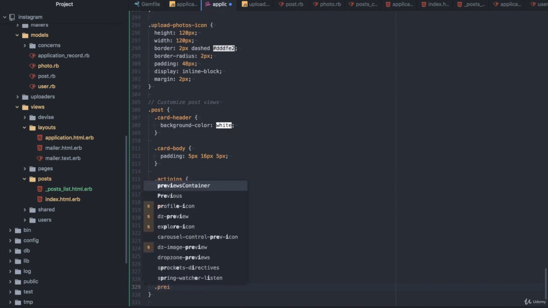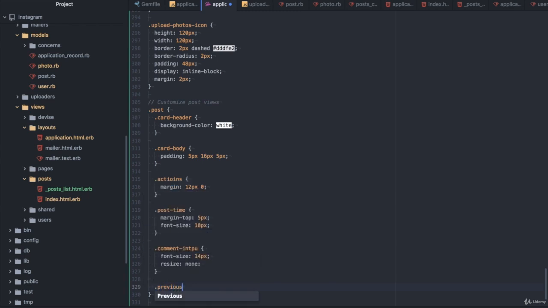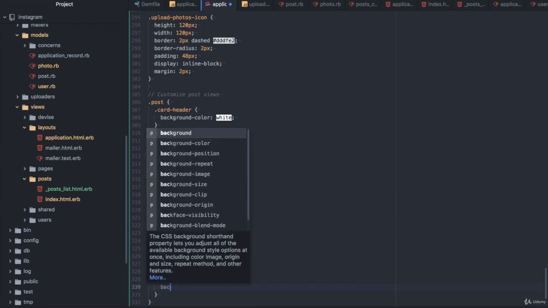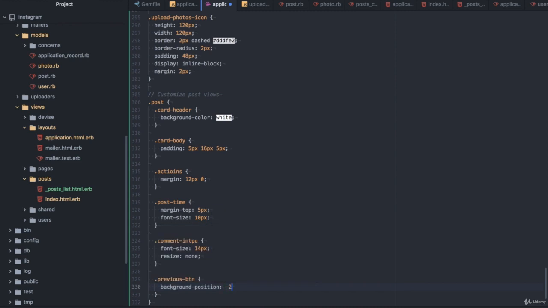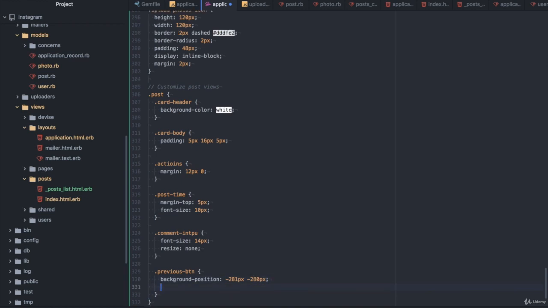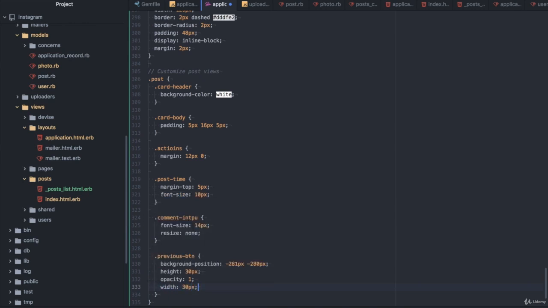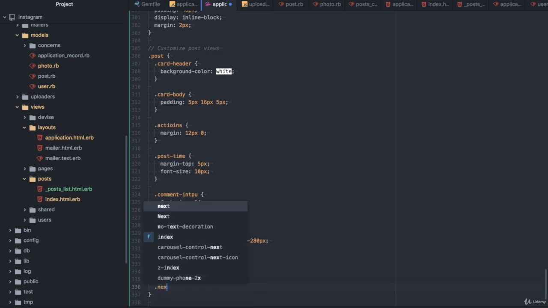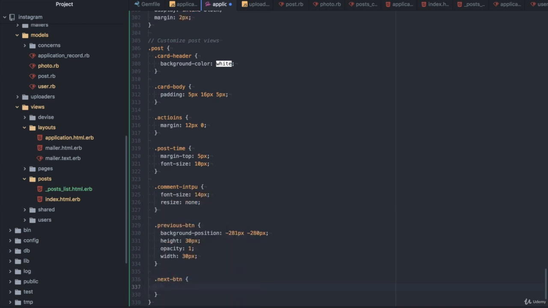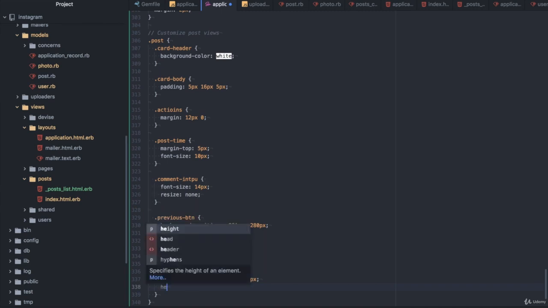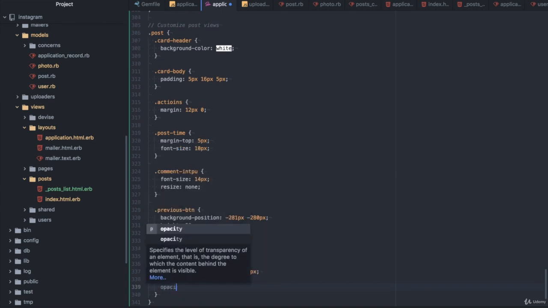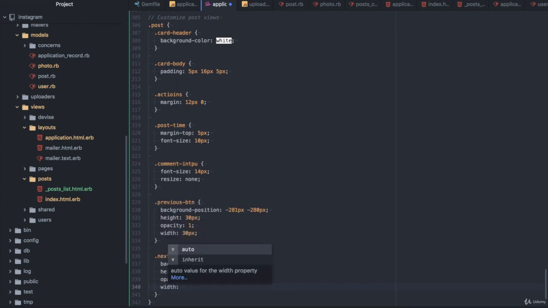Previous button, background position 281 pixel, 280 pixel, height 30 pixel, opacity 1, width 30 pixel, and we have next button, background position 353 pixel 0, height 30 pixel, opacity 1, width 30 pixel,